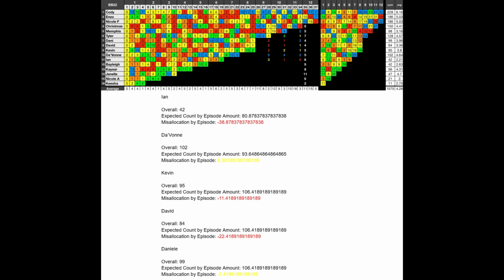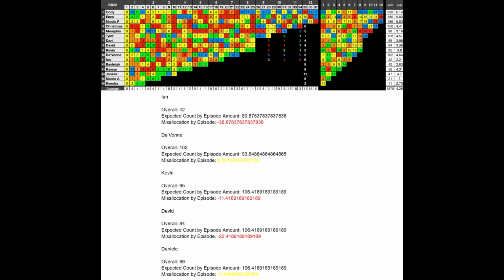Kevin got 95 diary rooms, and his expected count by episode amount is 106.41, causing for a negative 11.41 misallocation, so he barely made it into the under-distributed mark. David got 84 diary rooms, and his expected count by episode amount is 106.41, causing for a negative 22.41 misallocation amount. Danielle got 99 diary rooms, and her expected count by episode amount is 106.41, causing her to have a